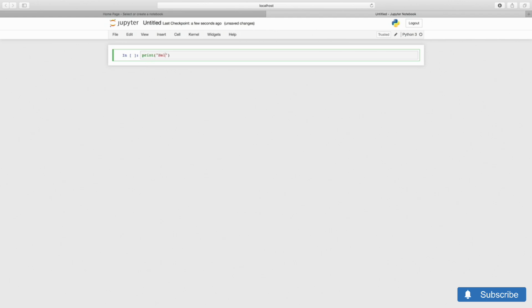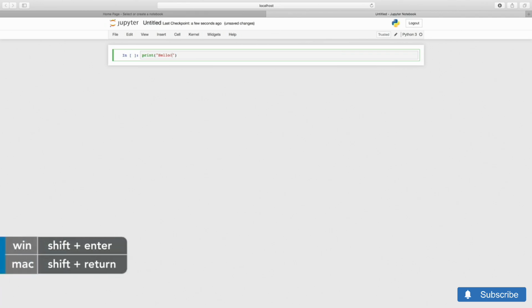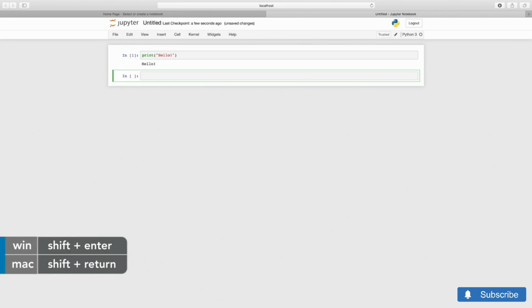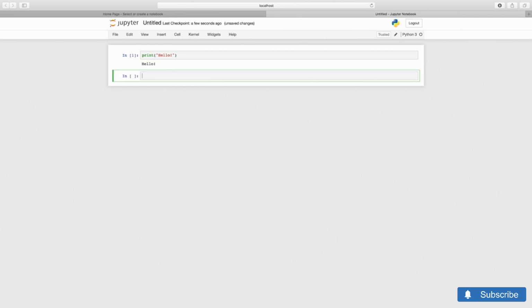For instance, the customary greeting. I execute the code by pressing Shift plus Enter, or Shift plus Return, depending on your keyboard. The output is printed immediately below it. I can click inside this cell, modify it, and execute it again with Shift Enter. If a cell has a blue border, I need to press Enter before I can edit it. Or I can click inside a different cell to edit that one.